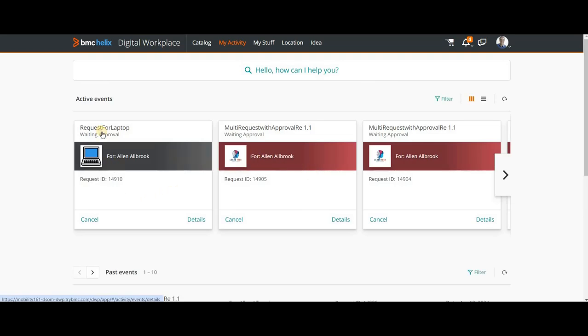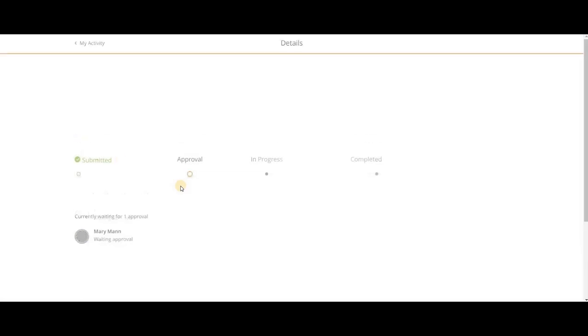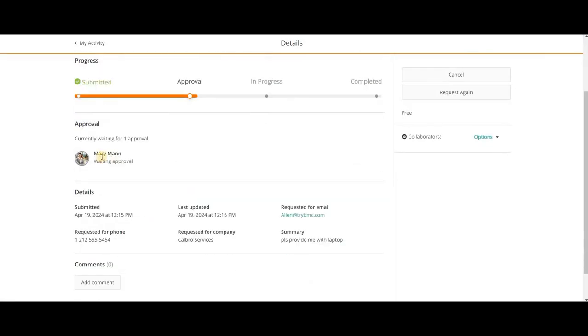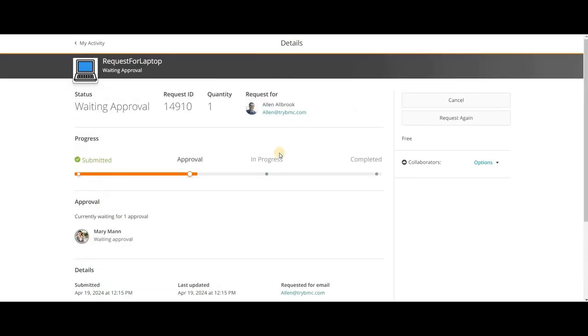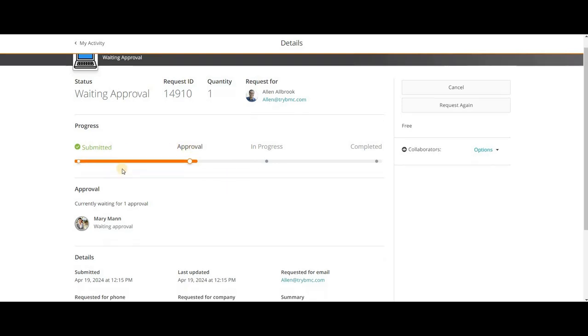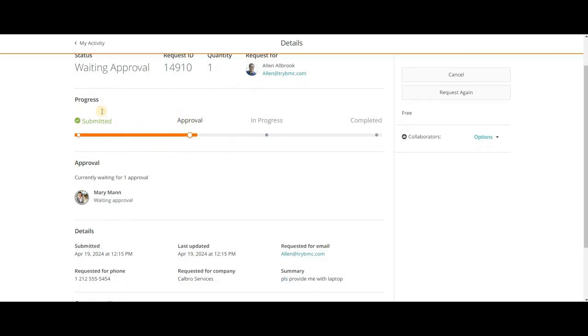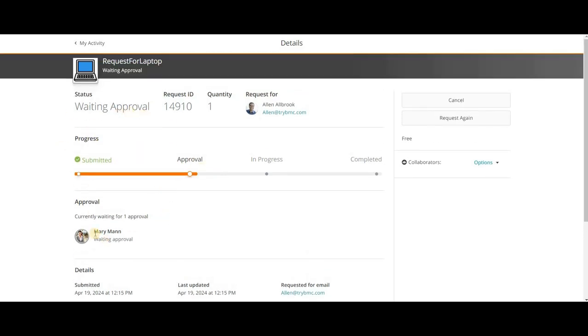Okay, now you can see here it has gone for approval. So my manager, as per my approval process, is this Ariman. It has gone for the approval. Now, once you approve it, then the process is same. It will create a work order in the system that will be assigned as per the normal process. It will be assigned, and then the rest of the process is same. So the only part which we wanted to show was this approval. Now it is waiting for approval. Once Merriman approves it, it will go to the